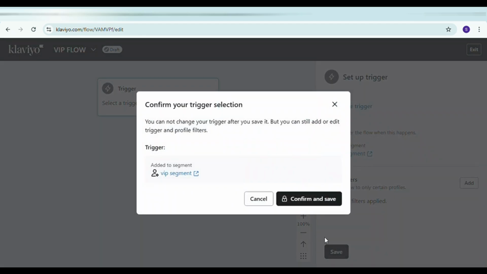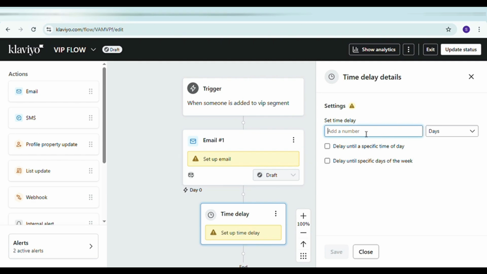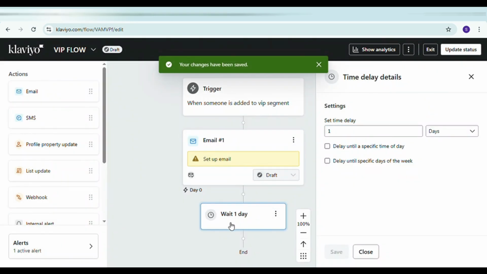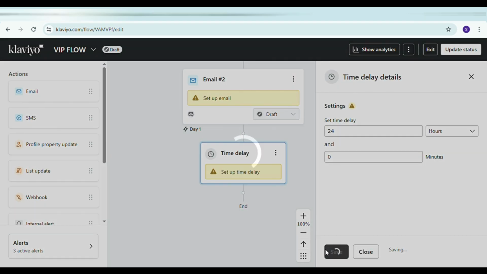Now it is time to add actions to your flow. First drag in an email, then add a time delay and set it to 24 hours. After that add another email, then again a time delay of 24 hours, and finally place one last email in